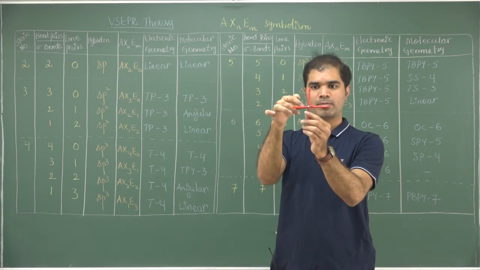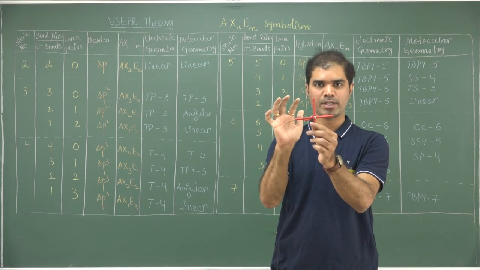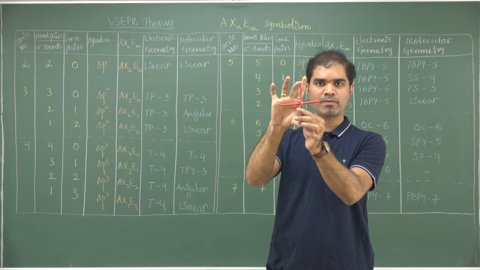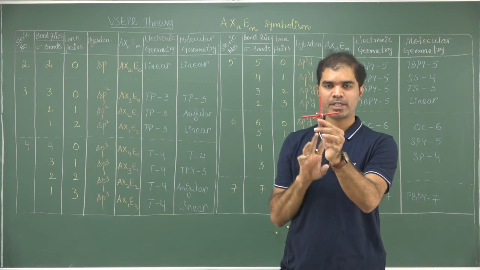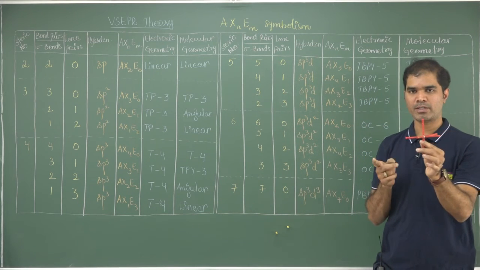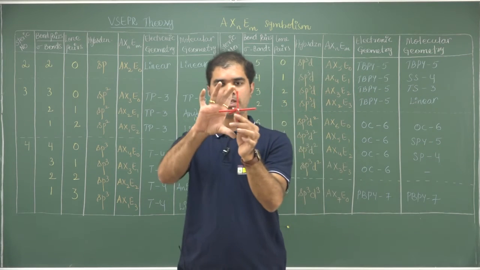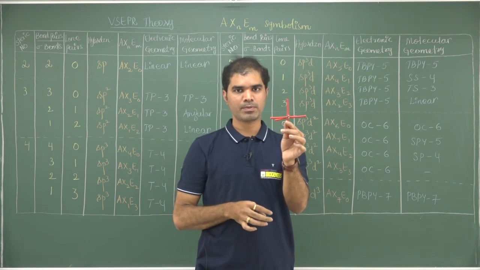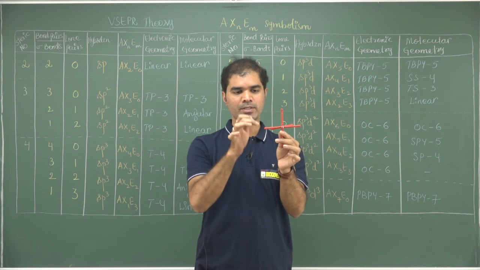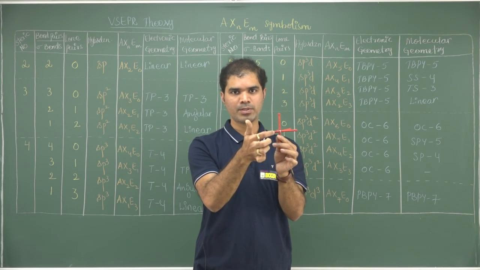The bond angle between these bonds present in the equator is about 72 degrees. This one is 90 degrees and the bond angle between these two is 180 degrees. So for trigonal bipyramidal you get three different bond angles: 180, 120 and 90. For pentagonal bipyramidal also you have three bond angles: 180, 90 and 72. You find a difference from trigonal bipyramidal geometry, where the bond angle between the equatorial ligands was 120. In this case it is only 72.